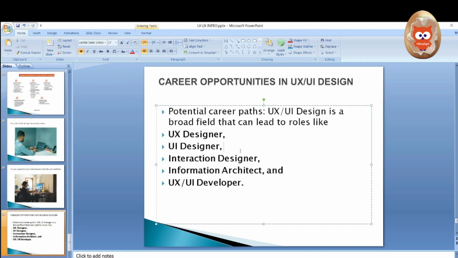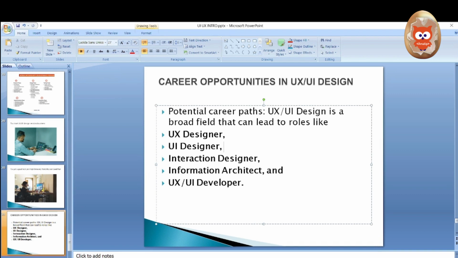Then you can decide to combine these two skills together, as this training program is prepared to give you the complete knowledge of UI and UX design. So you can decide to be UI UX developer.